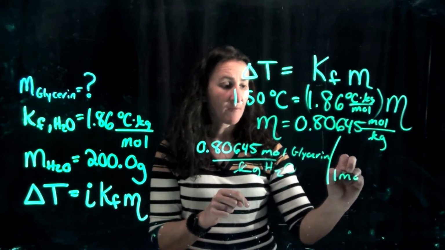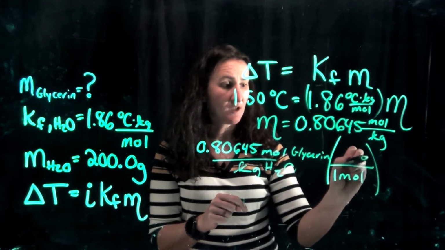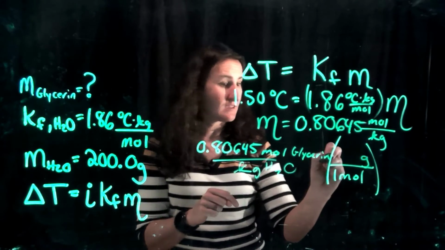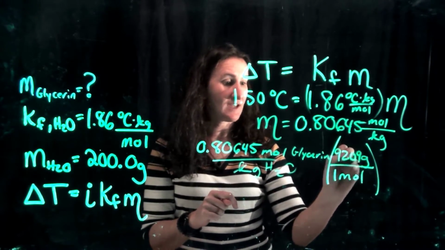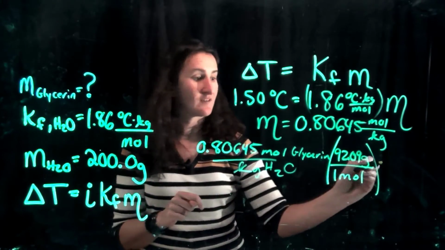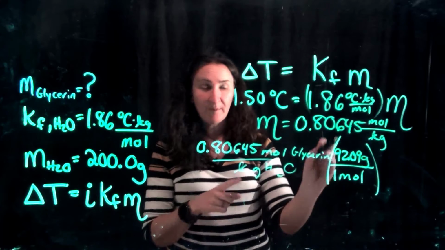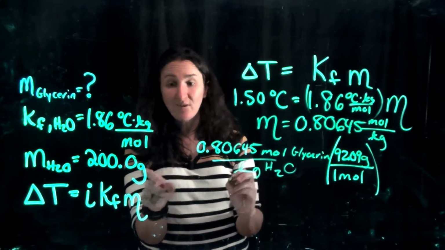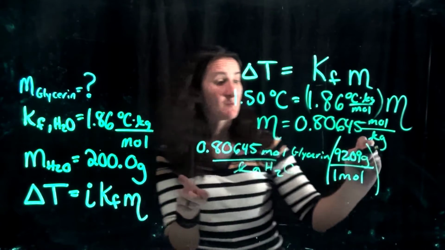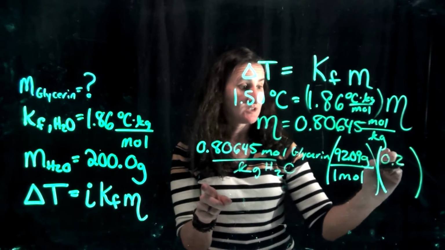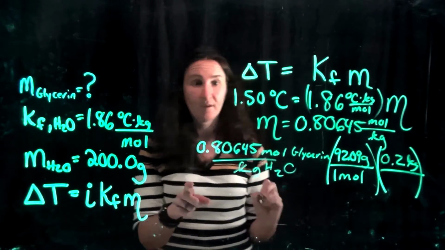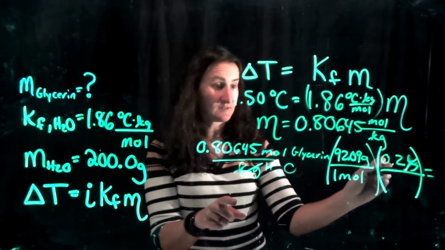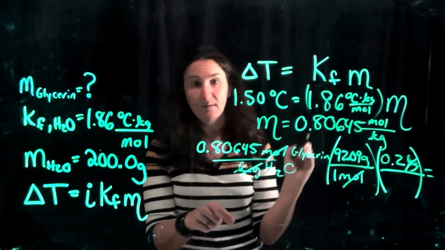So if I want to cancel out my moles, I would put grams on top. What grams? Your molar mass, your molecular weight. And so that is 92.09 grams. That's my molecular weight of my glycerin. So after we multiply it by the molar mass, we're going to have grams, which is what we want. But that's grams per a whole kilogram of water. We don't have a whole kilogram. We have 0.2 kilograms. So I'm going to multiply that next, 0.2 kilograms on top. And if I plug all that in, my kilograms are going to cancel, my moles are going to cancel,